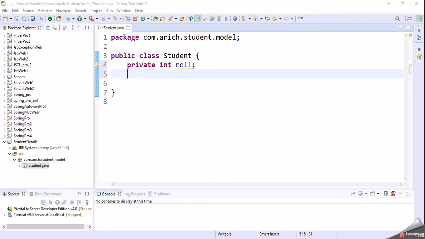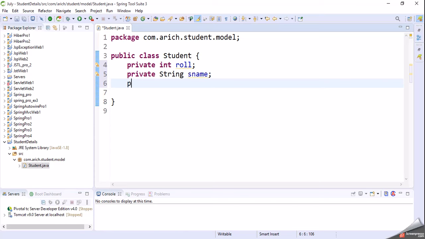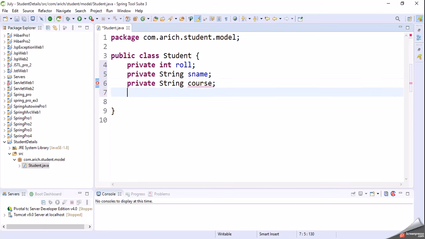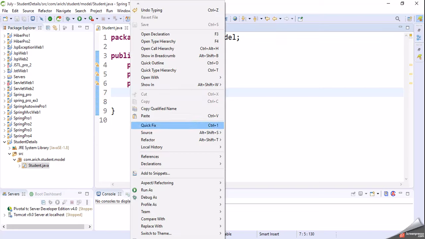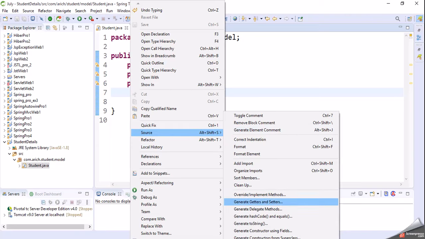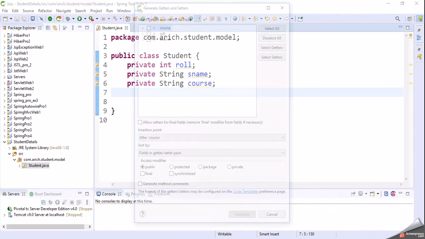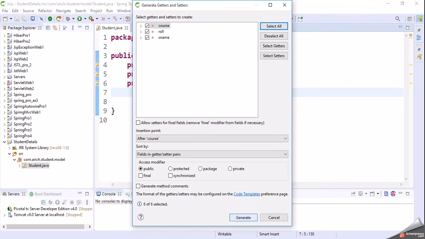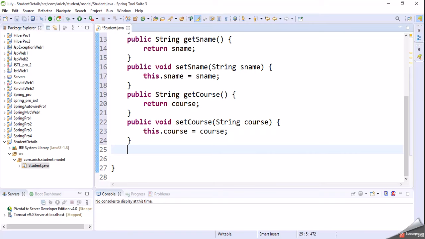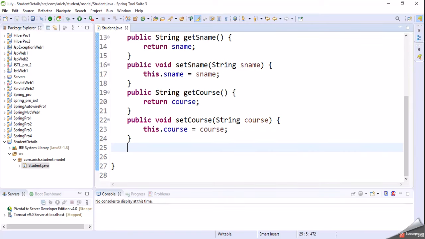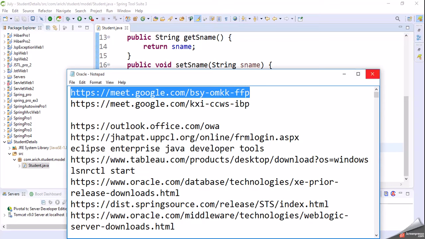Private, name, private, course. Okay. After that we will generate setter and getter methods. Select all and generate. Okay. I think you know that